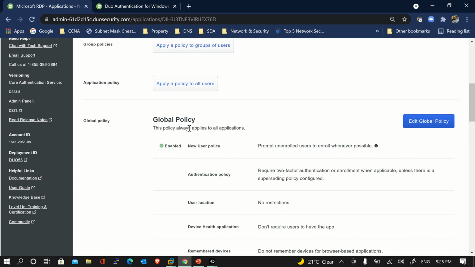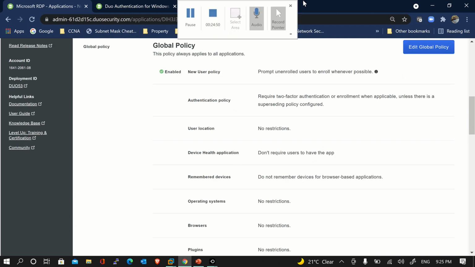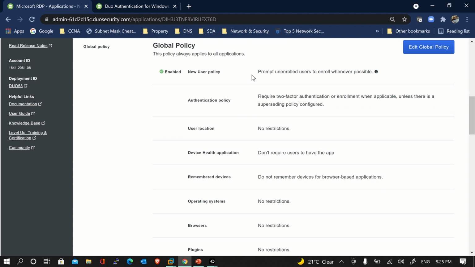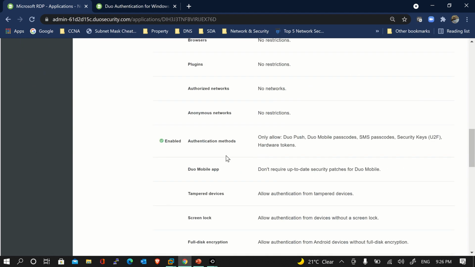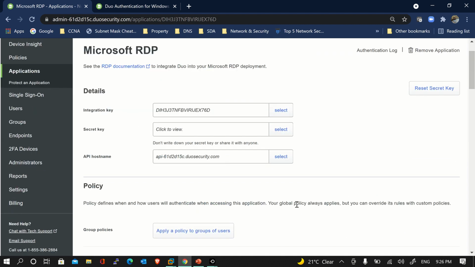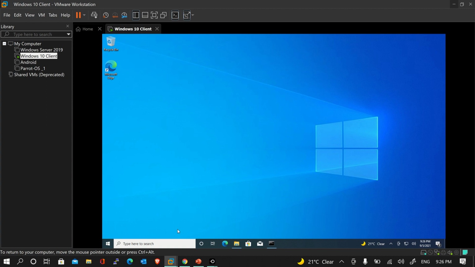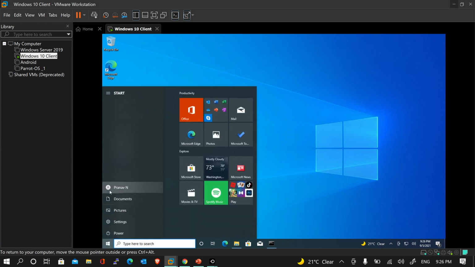If you see, the global policy is applied by default. Now there are multiple options in this. The first one is the new user policy, wherein the unenrolled users are asked for enrolling whenever possible, and this specific thing has been enabled. So let's test it first. What I'll do is I'll quickly log in from this device, or this operating system, and